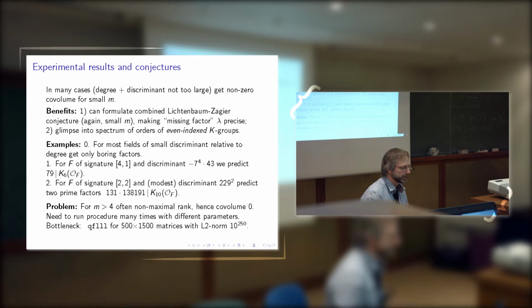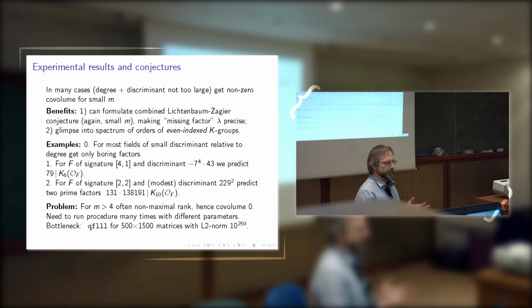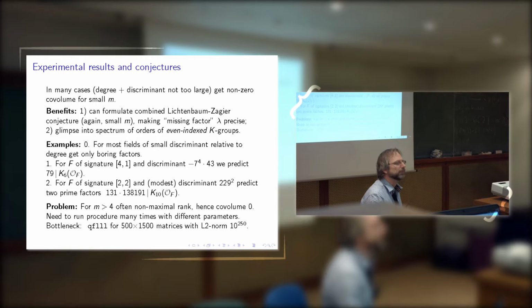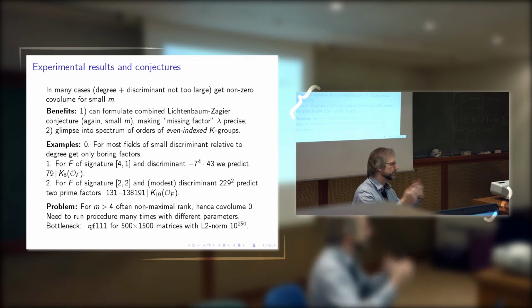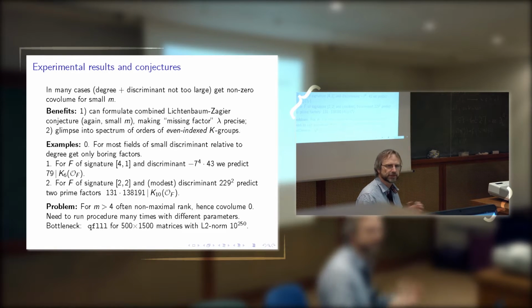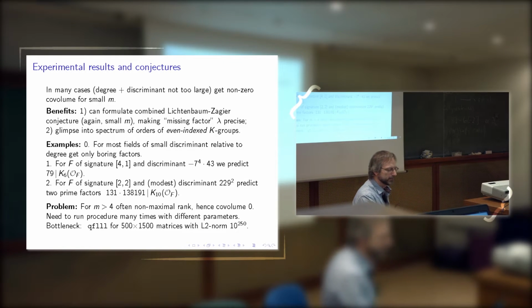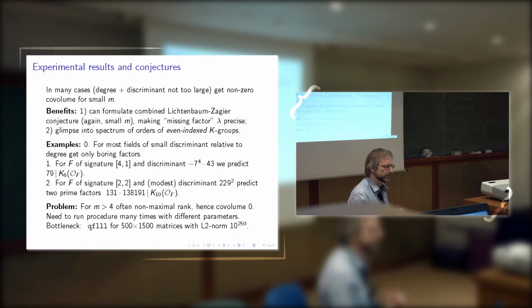Okay, and that has been done already quite a while ago, at least in embryonal stage. So if the degree and discriminant are not excessive, then very often one gets a non-zero co-volume. And last night I tried again with all the new power that we have now with the newly installed Pari, and it's great that there is this self-set Pari size max. Before, it threw me out. Typically, I had different jobs for different ones, and I was always thrown out. Now I can run the thing and it's immediate, and that's really beautiful.